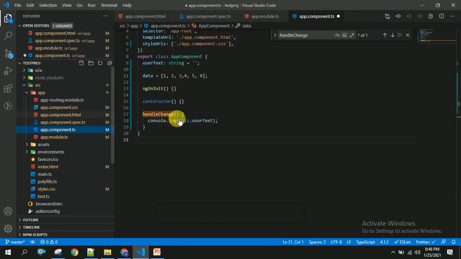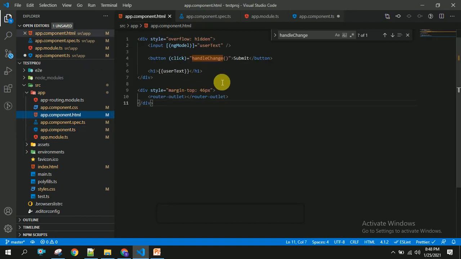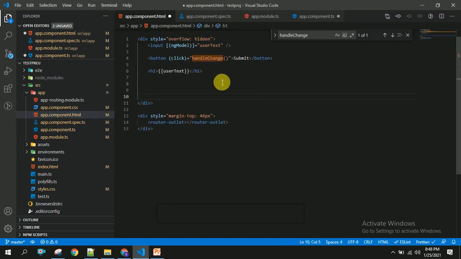In our HTML file, I am going to use a div, and to this div I am taking some ngFor, and in this ngFor we have to write let list, or any variable whatever you like, of data. This data comprises our array.